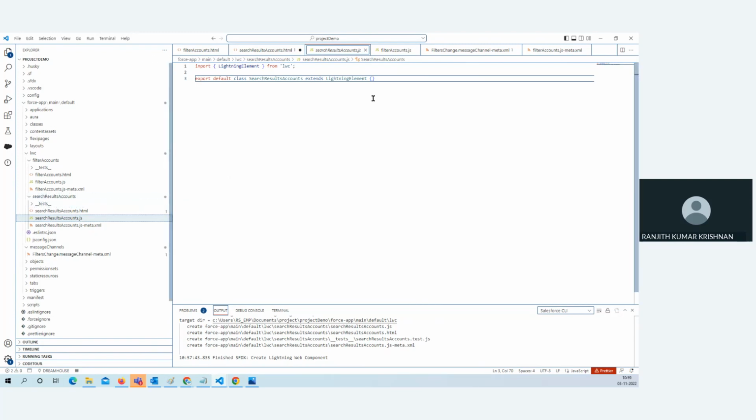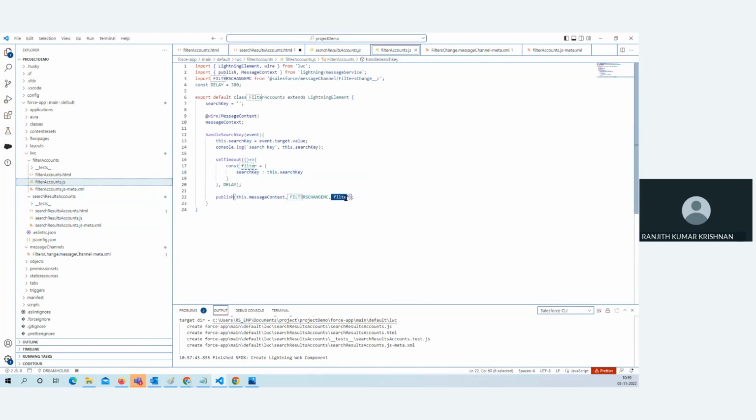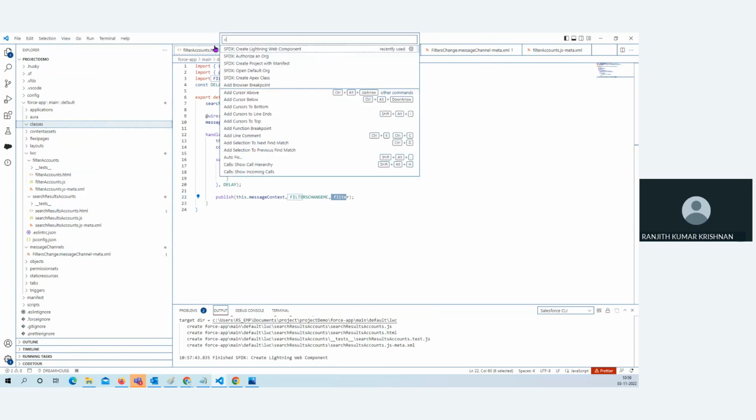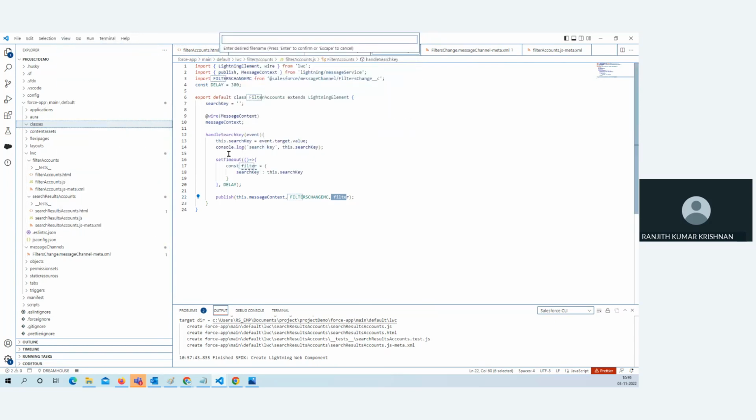And that Apex class should accept this parameter. Which parameter? The filter. The name we should pass to the Apex class. So we shall create the Apex class first. Then we'll come back to this JS search account result. So account